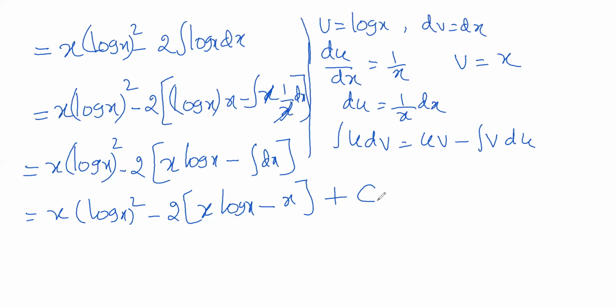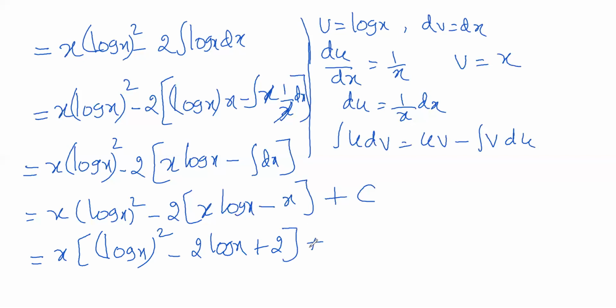Remove the bracket. Yes. Now in all the terms, I think x is common, isn't it? Just look it over, in all the terms x is common, so we can take x outside. So x into (log x) the whole square, yes, minus 2 log x plus, taking x outside now, plus 2, plus c. And if you want, you can go one more step, x into (log x) the whole square, and as before, using power rule, taking 2 outside, so (log x)square plus 2 plus c.